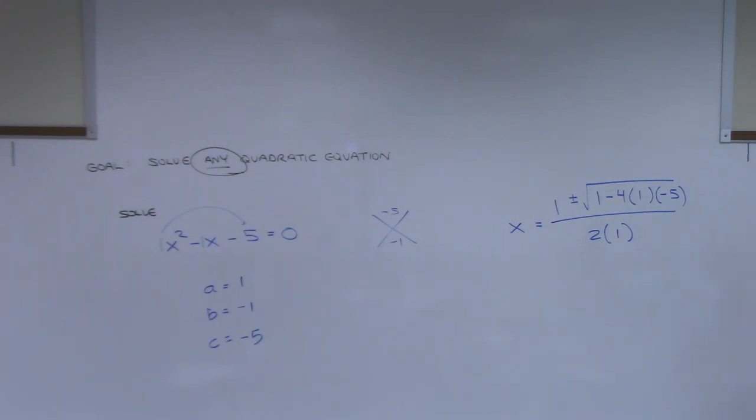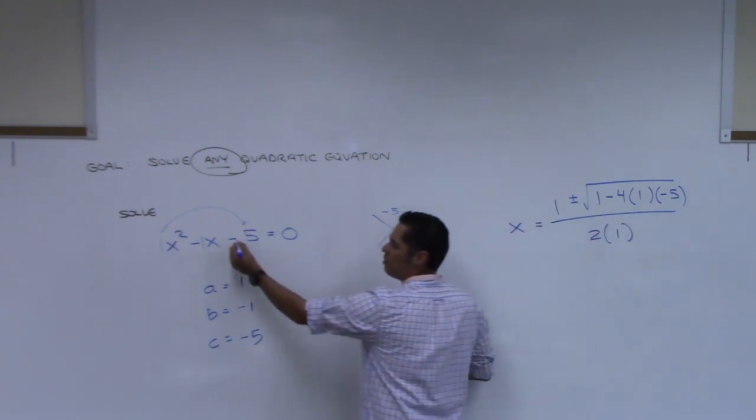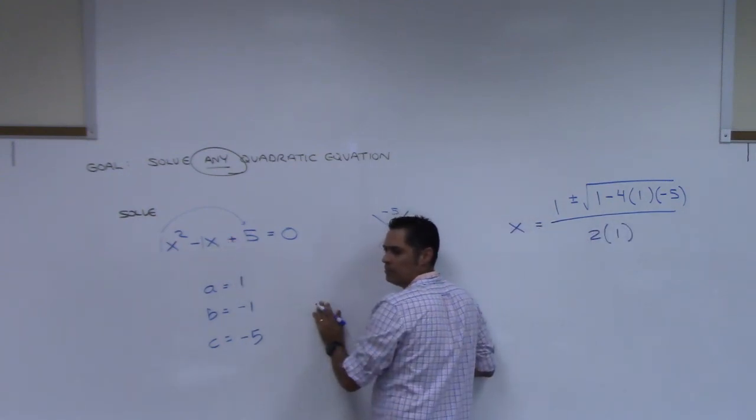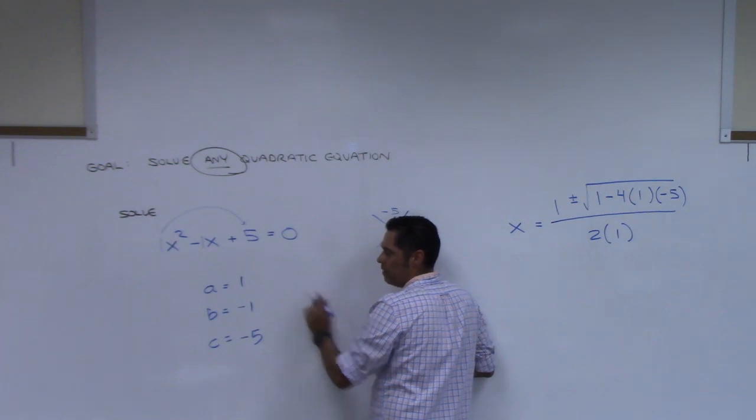Ah, crap. We're going to get two answers here. I don't know why I wasn't thinking about that. Should we get two answers, or do you want me to just fix it real quick? Fix it? I can do one quick little fix. Just change this to a plus in the problem. Right? If I change that to a plus,